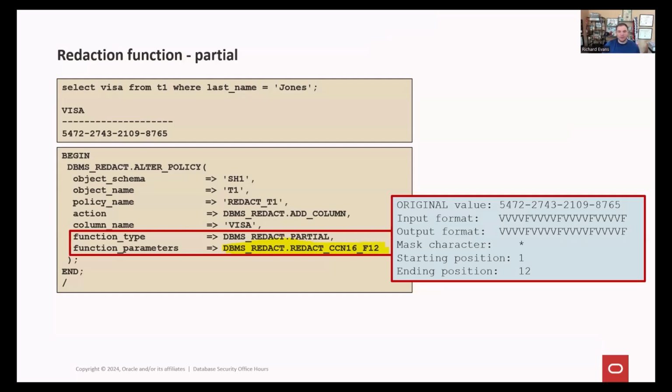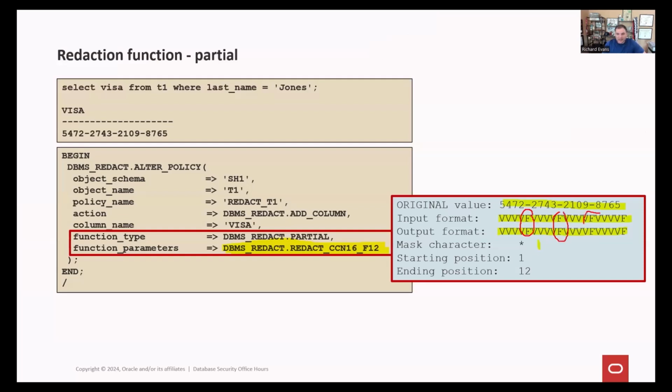So in reality, here's the original data. Here's the input parameter that we've pre-created for you. Here's the output parameter that we've pre-created for you. And you can see here that there's an F in the middle instead of a V, right? So these Fs are those dashes, and we want to leave them alone. Those are like our fixed characters that we want to leave.